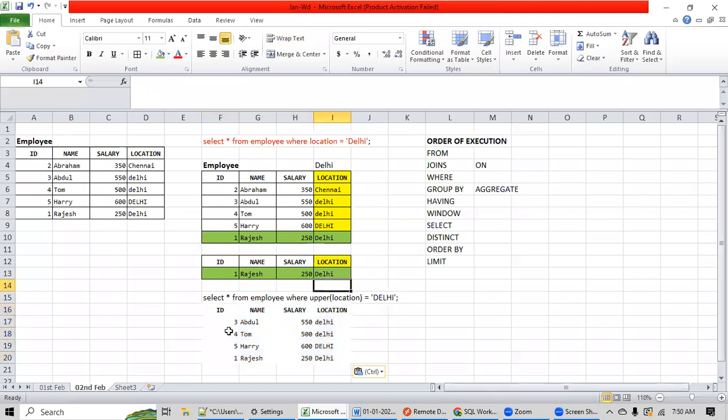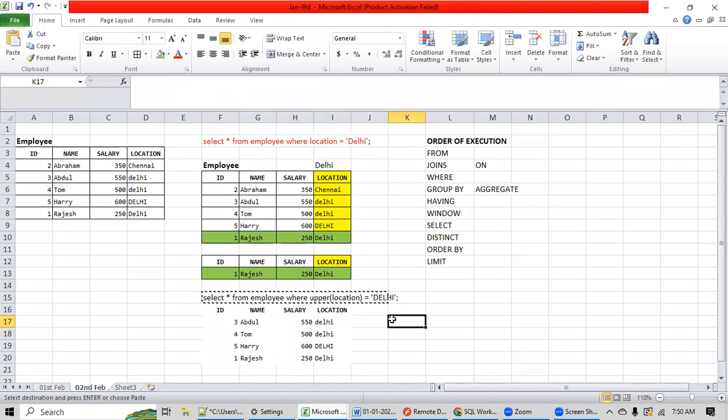So now my manager is happy that yes, this is the correct output. Tanvir, we have displayed all the employees who are from Delhi. Hope it is clear. Now the question is, okay, fine, we understood this query has given the output. But how is this query getting executed internally by the engine? That is very important. You have to understand it.